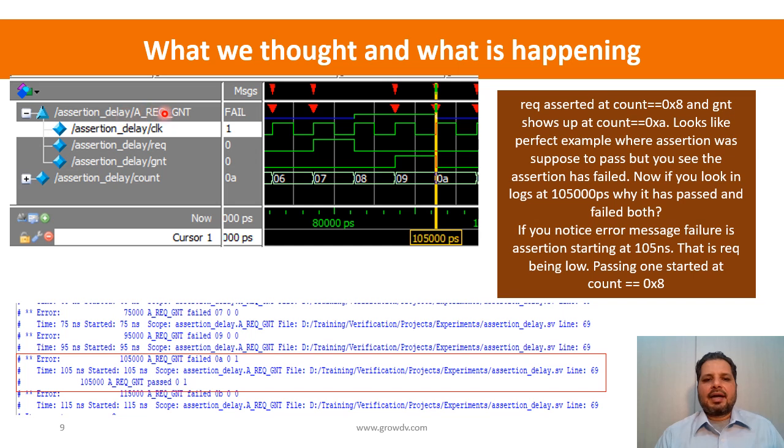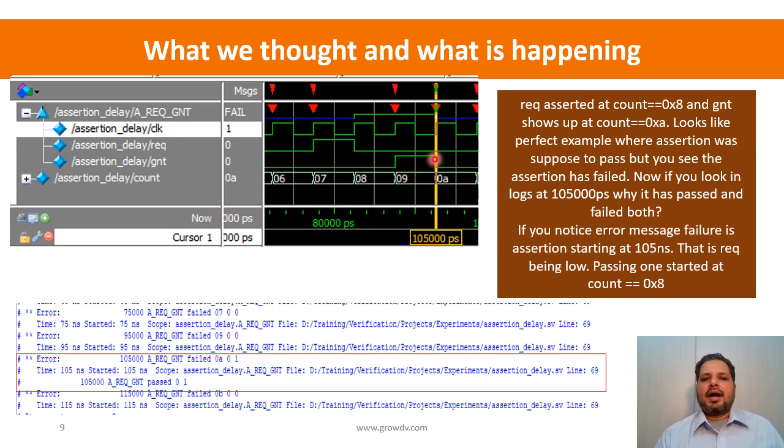So I have again added the assertion over here, and on this clock edge it has failed because request is not asserted. On this clock edge it has failed. Although the request is asserted, it has failed because in the preponed region the request was not asserted. And on this clock edge the assertion has started, right? It has started, and the count is equal to 8. This particular assertion has started,